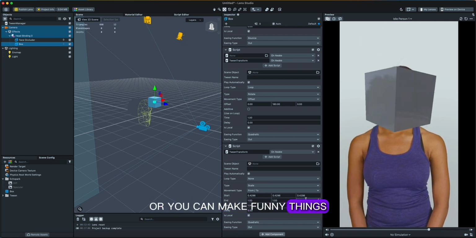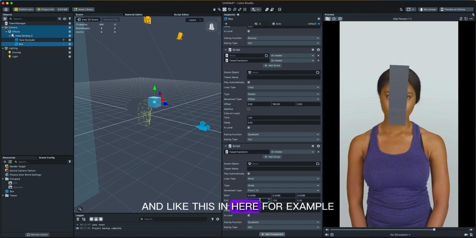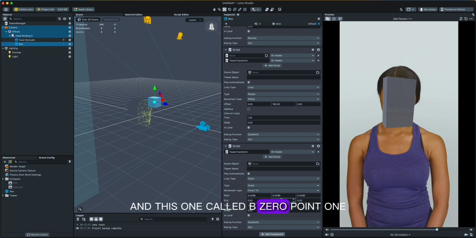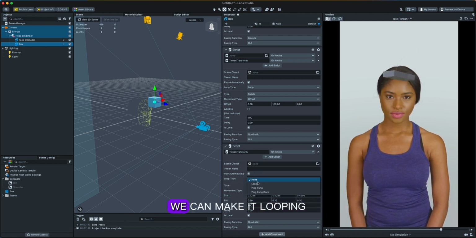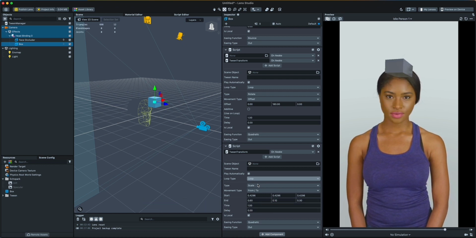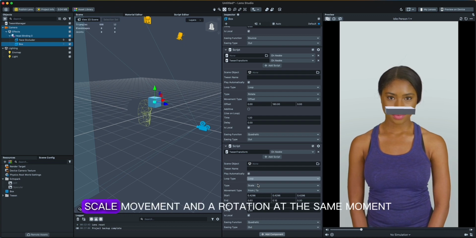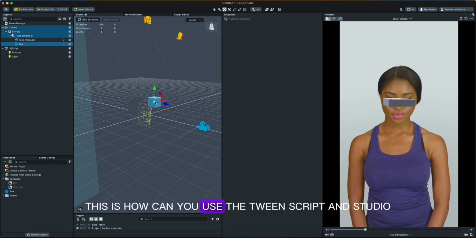Or you can make funny things, like you can make it to be like this here and like this in here, for example, and this one could be 0.1. So you can see it makes different things. We can make it looping. So you just created an animation that has 3 different types: scale, movement, and rotation at the same moment inside Lens Studio. So yeah, this is how you can use the tween